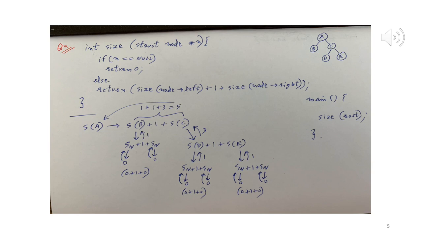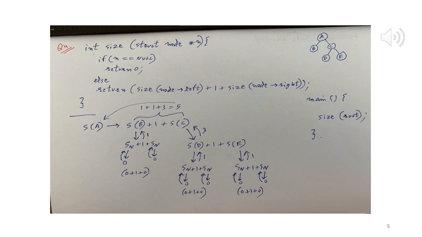So sb is 1, plus 1, and now sc. We have to calculate sc. That's the only thing left. So now calling size with a pointer to node c. The effect is struct node star n is equal to pointer to node C, right? So now n points to node C. Is it null? No, of course not, because it contains the starting location for C, which is definitely not null.